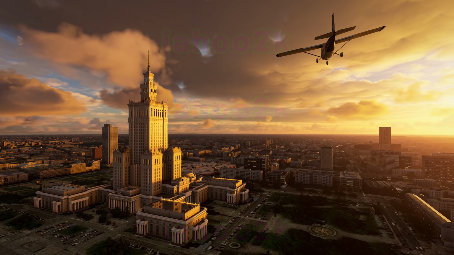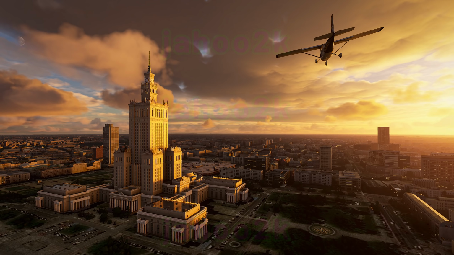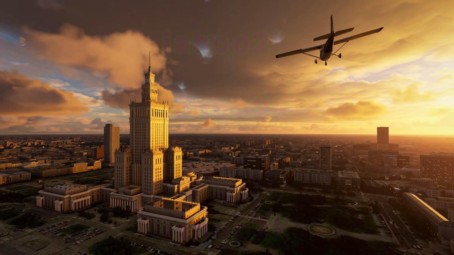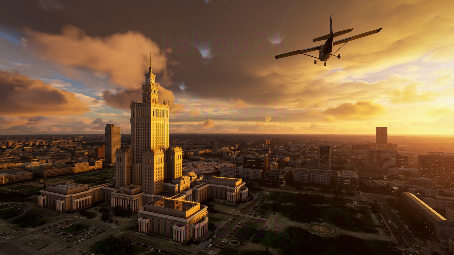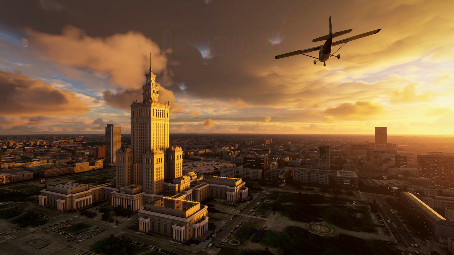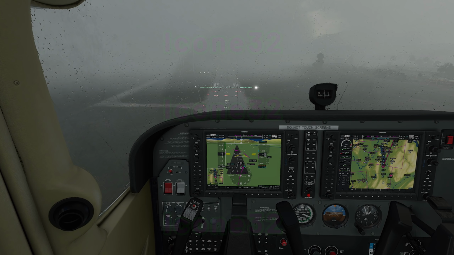I like the little aircraft on the top right, banked a little bit. It looks really cool, contrasting with those beautiful clouds. We have the beautiful building, those amazing golden hour colors. Yeah, great image. And now we have this image which is called Rain, and we can see visibility is quite